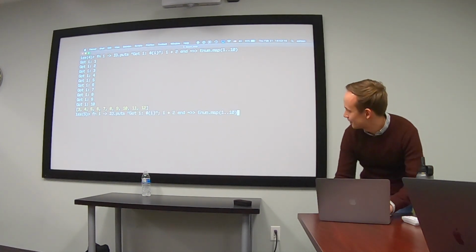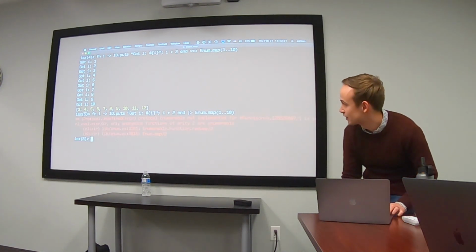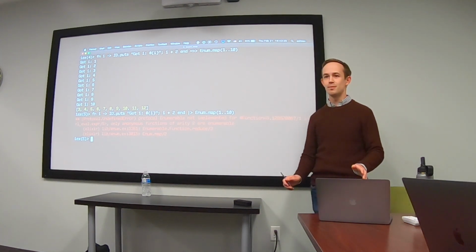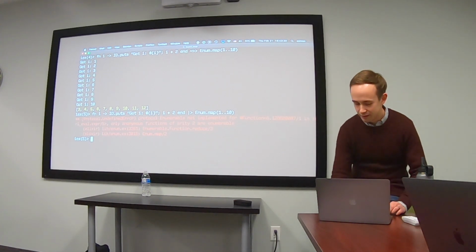Now if you contrast that with a pipe, it's obviously different. Just to illustrate, this will barf at me. Oh! You can't do a map over a function. I need something enumerated there. So,